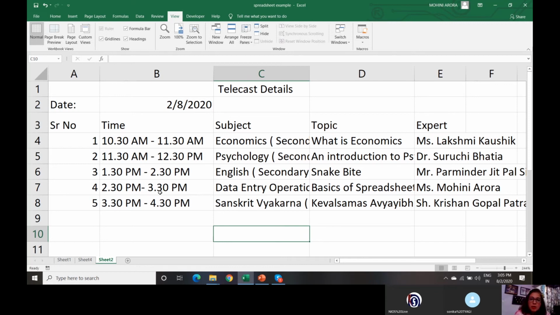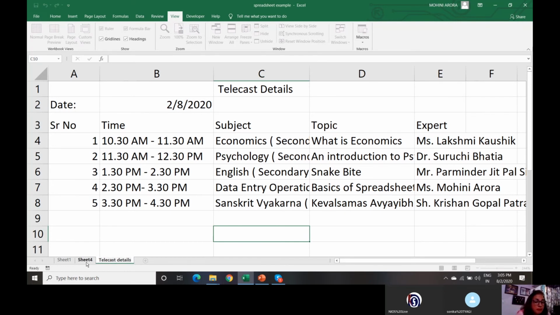Right? Now, this is my worksheet. You can see that sheet 2 is written here. The name of my sheet is sheet 2. I want to modify it. I want to give my own name to my sheet. I simply double click and I type, say, telecast details.